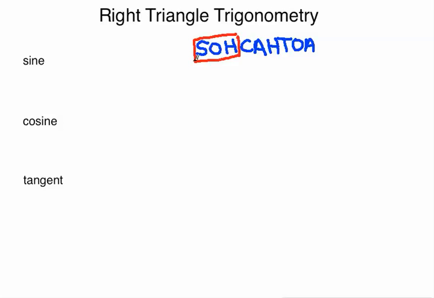It means the sine of an angle, and angles in right triangle trig are usually theta. So sine of theta equals opposite over hypotenuse. And what this means is if we have a right triangle,